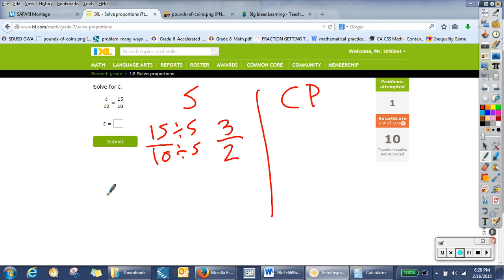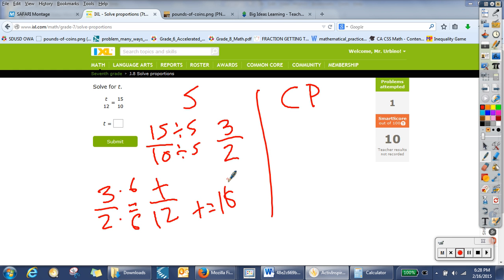Now, I want a number that is equal to t over 12. And that number is 6. So 2 times 6 will give me 12. 3 times 6 will give me t is equal to 18. Alright, using cross products, again,